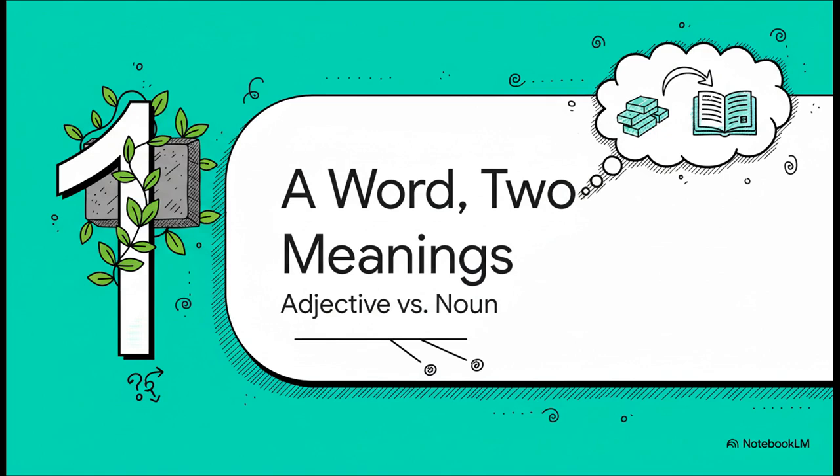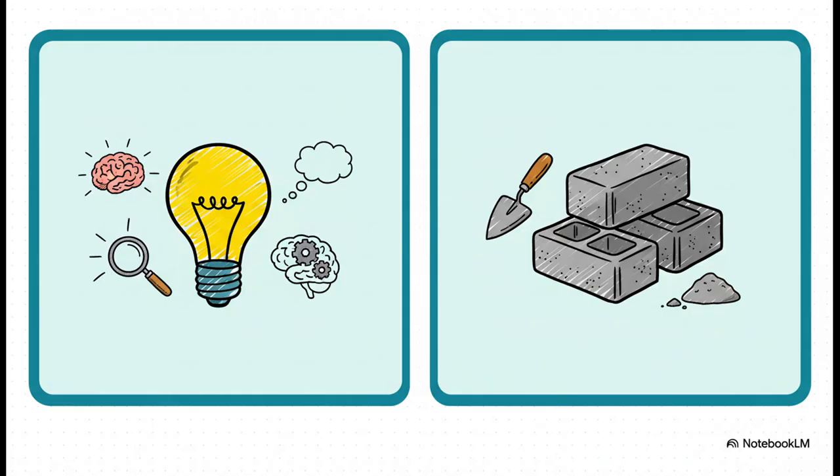And you know what? Getting this right is absolutely key if you want your communication to be clear and honestly a lot more powerful. So let's break it down real simple. On one hand, you've got concrete as an adjective. That's when it's describing an idea, making it sound specific and tangible. But then on the other hand, it's a noun. And that's when it's just naming that stuff, the heavy building material. It's really just two very different jobs for the same exact word.